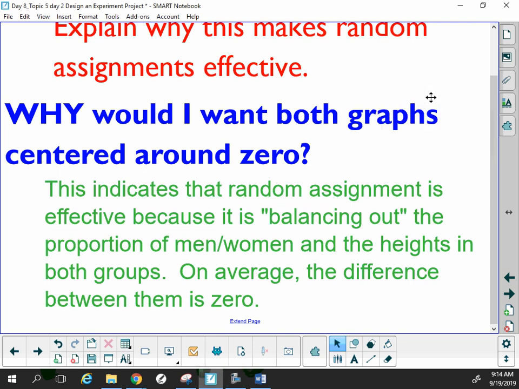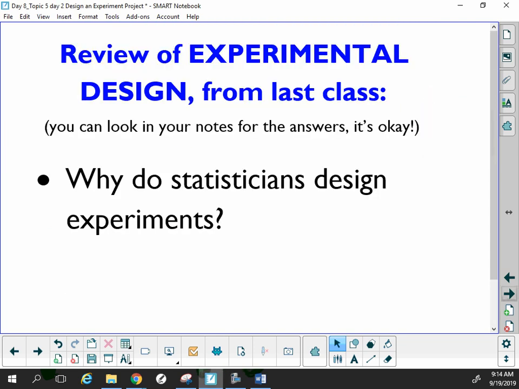All right, so for today's assignment, we're going to look more into experiments. Last class we talked about experiments. We've been talking about observational studies. All right, so the question is, why do statisticians design experiments? And guys, these should all be in your notes from last class. All right, so why do statisticians design experiments? Because it helps to eliminate bias and those confounding variables, those other factors that can kind of skew our data,